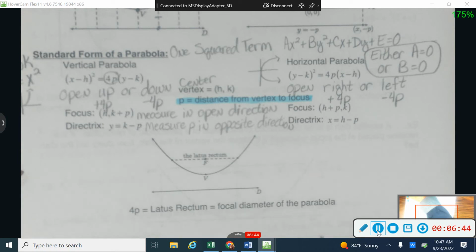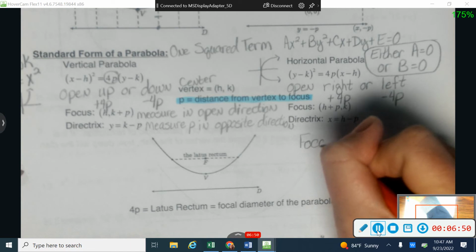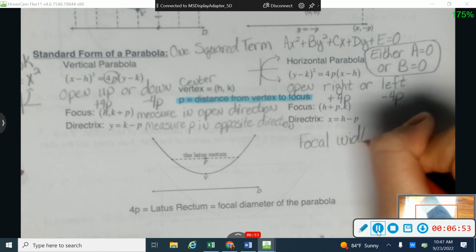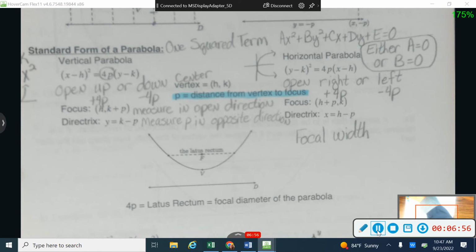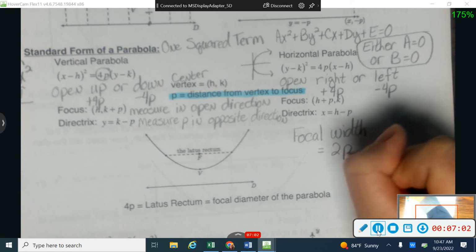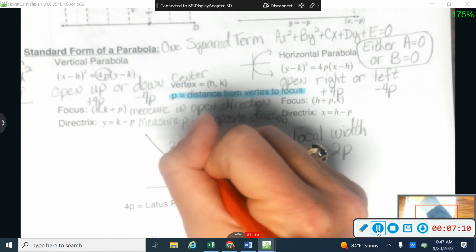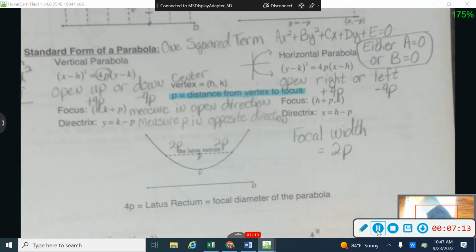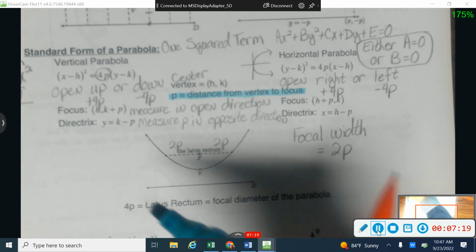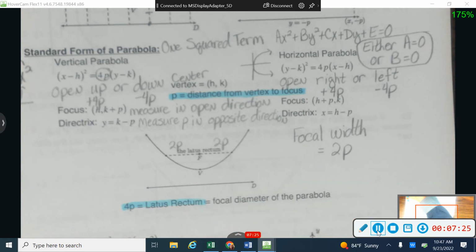Okay, the last thing that I need for a parabola is the width, and we call this the focal width. We call it that because we're going to measure it from the focus. To find the focal width, I'm going to do 2 times p in both directions. So this direction over here is 2p, and this direction over here is 2p. Now the whole way across, if I add them together, 4p is what we call the latus rectum,